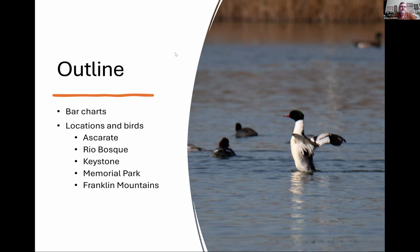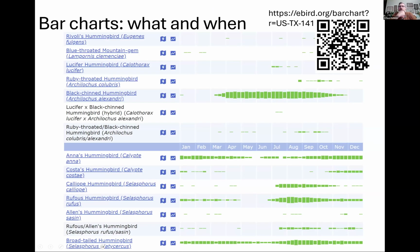Okay, so what are bar charts? Bar charts try to tell you what and when for the birds, and that's the big piece that we're looking at here. And so I chose hummingbirds just because this one in particular,